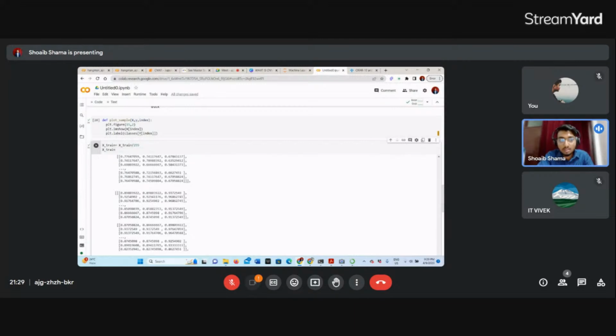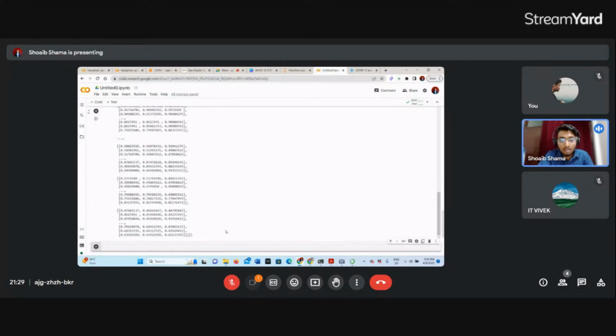So let's now build a simple model, like we were doing before. First we will build a simple model and check accuracy. Okay, so I will build an ANN model, models dot sequential.